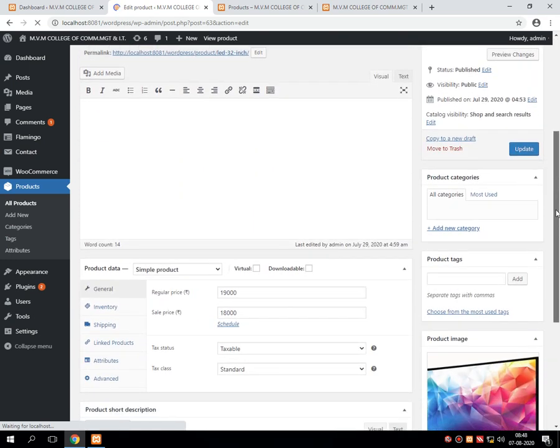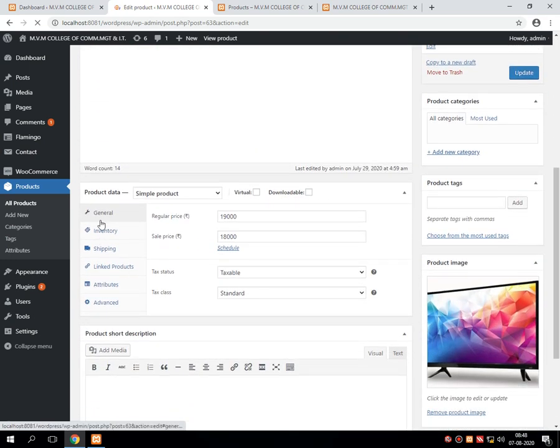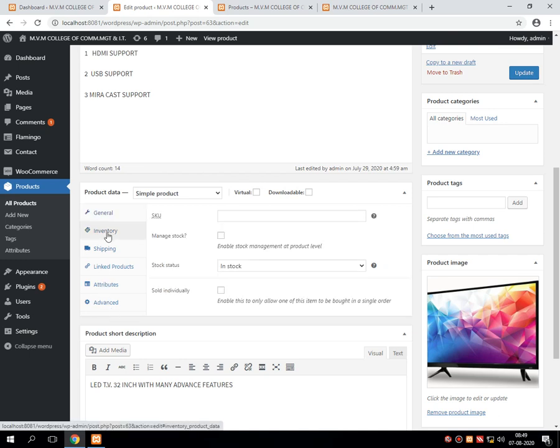Now just scroll down. Here you will get few options like general, inventory, shipping, linked products, attributes and advanced. Now from all these options, just select inventory.